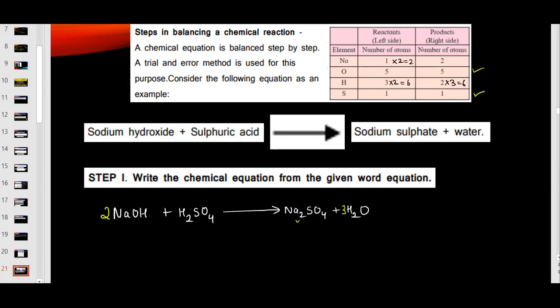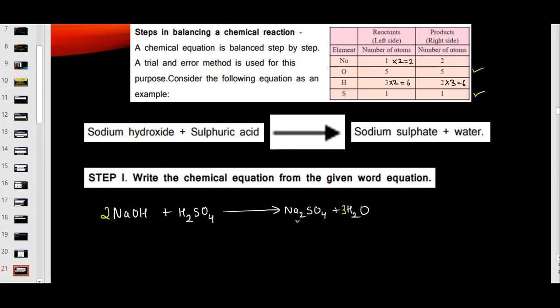What should we do in this case? How can we balance the equation? What should we write here now? We have to think of some other number so that we can say that on both sides the number is the same. If you put 2 here, 2 times 2, 4 plus 1, 5, that will not work.